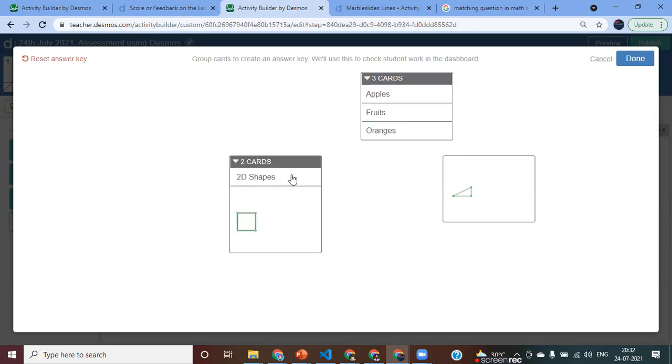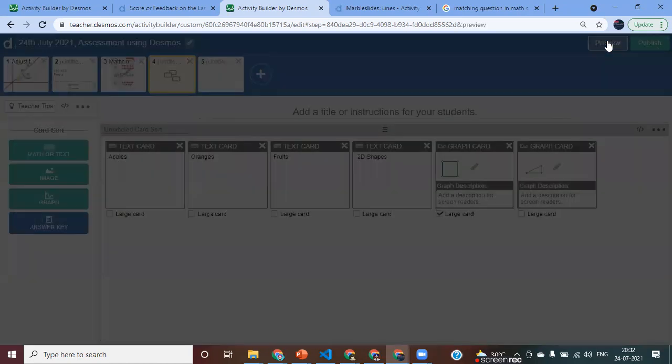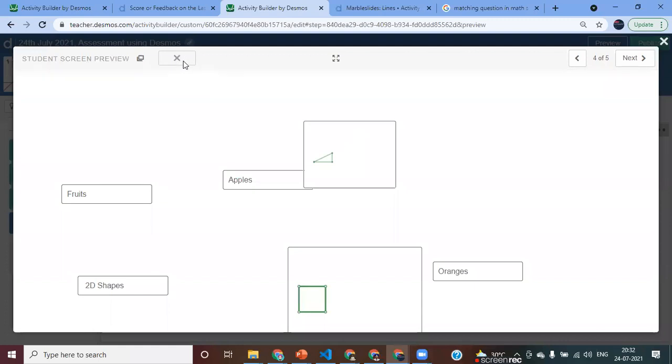So 2D shapes here. So I'm done. My answer key is ready. Now, when I go to preview, look, it's already cross because